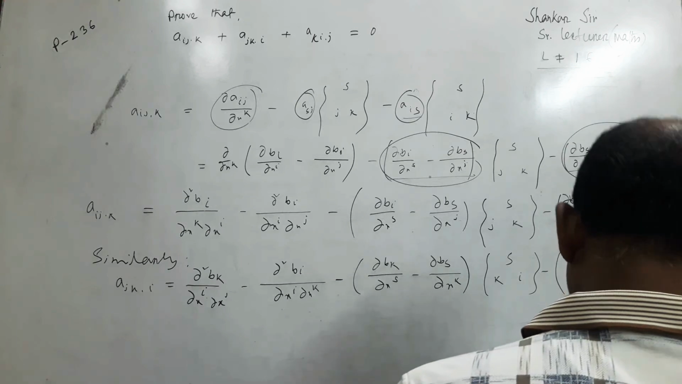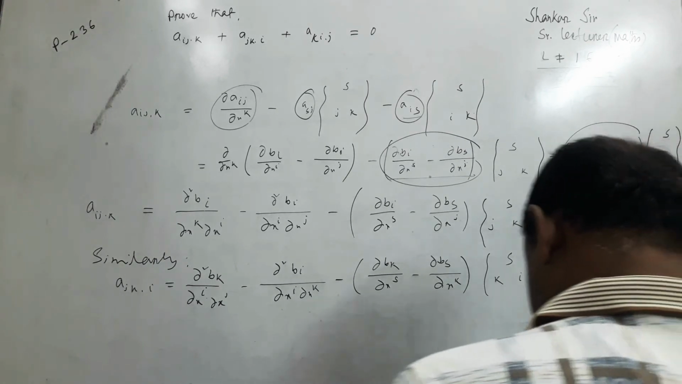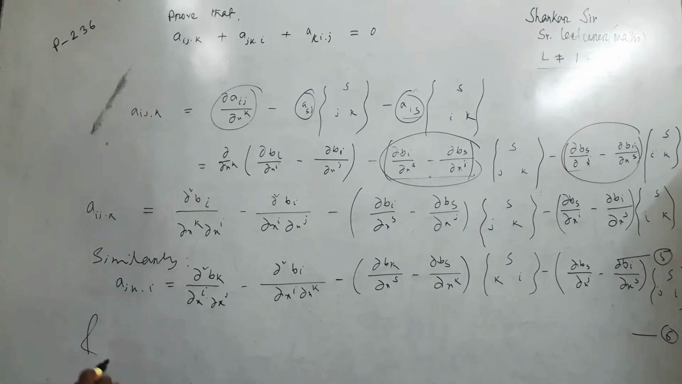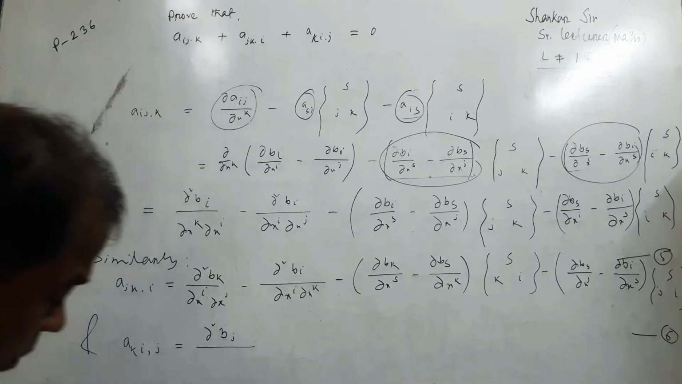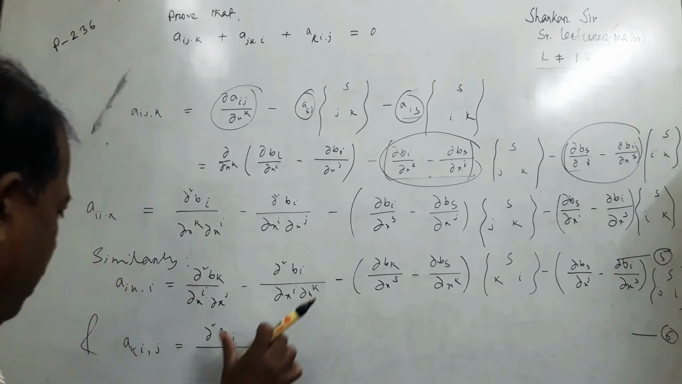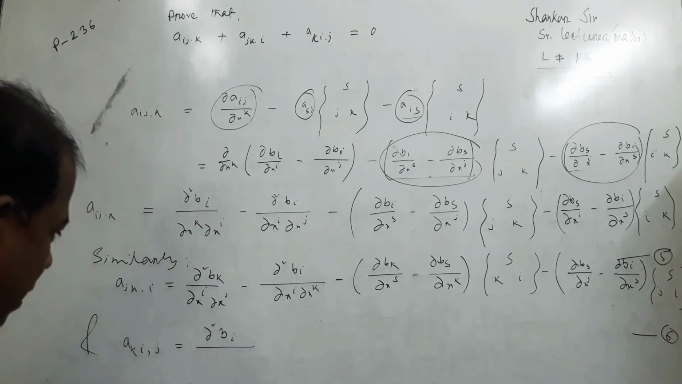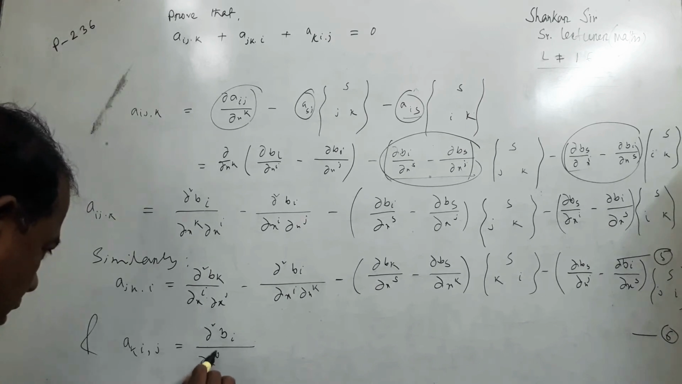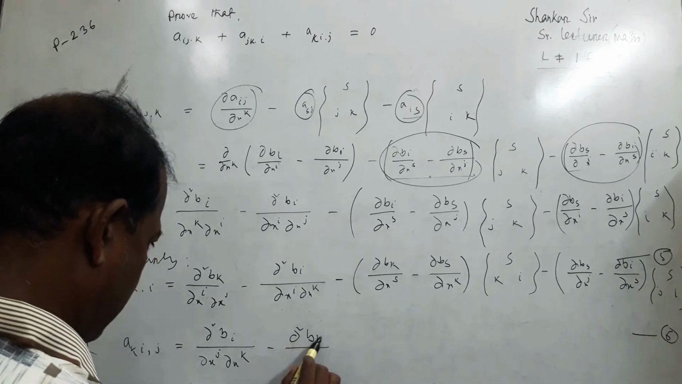s j and s i j is number 6, and the same is a k i comma j equal to del square b k del x i del x j... del square b j, bk and bi, divided by del x j del x k minus del square b k divided by